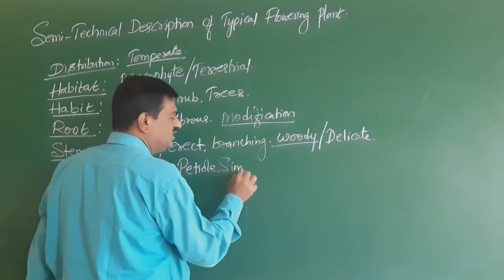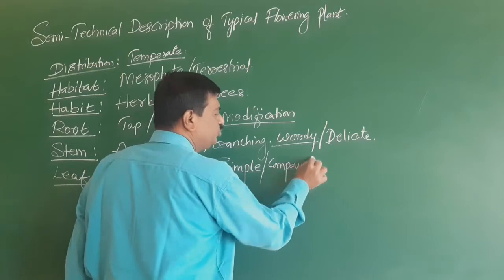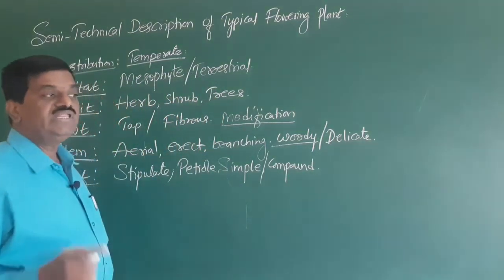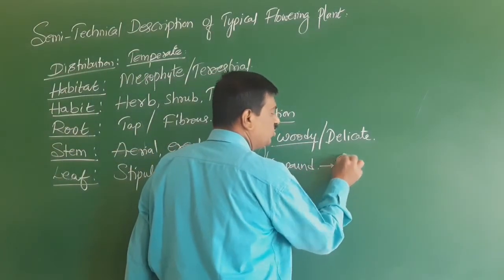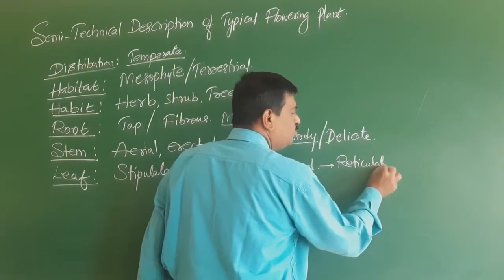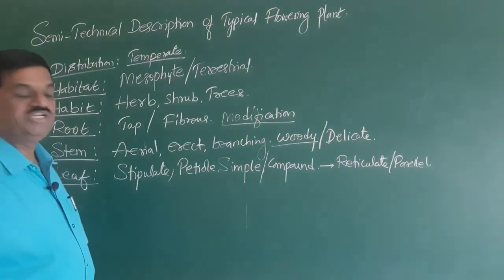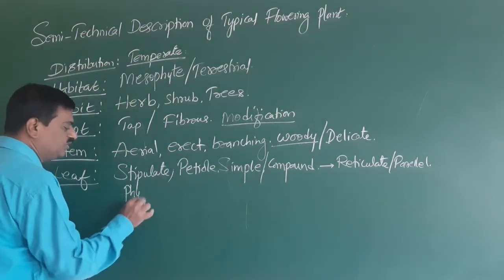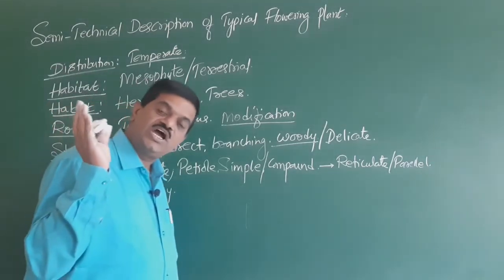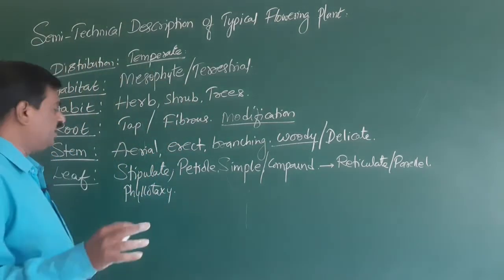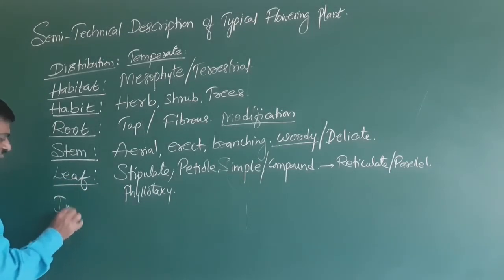Next we go for whether the leaf is a simple leaf or a compound leaf, which should be mentioned. And what type of venation the leaf has should be written, whether reticulate venation or parallel venation. Along with that, we write the phyllotaxy. What type of phyllotaxy is present, whether alternate, opposite or whorled, should be clearly mentioned. Next to the leaf, we go for